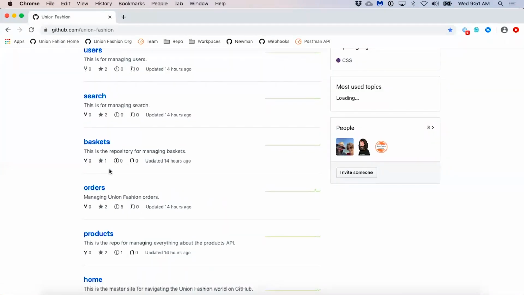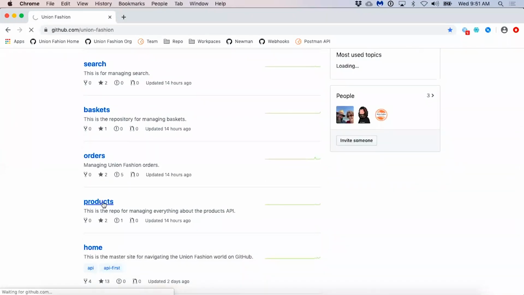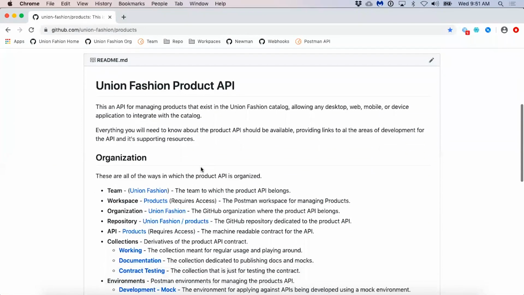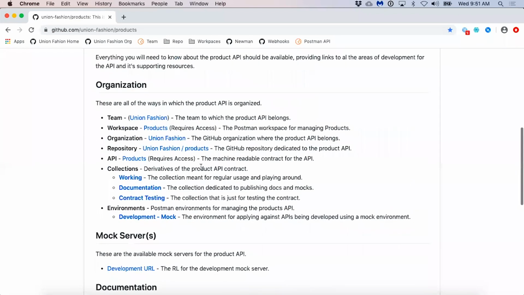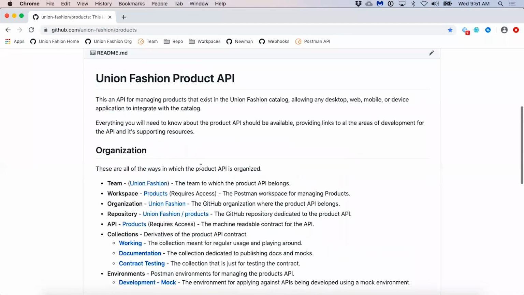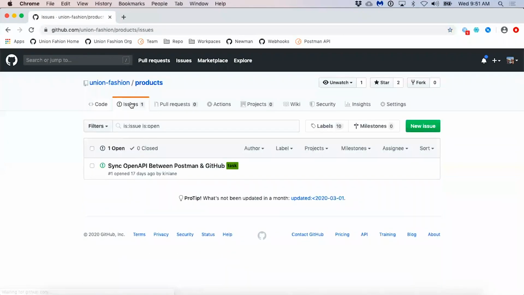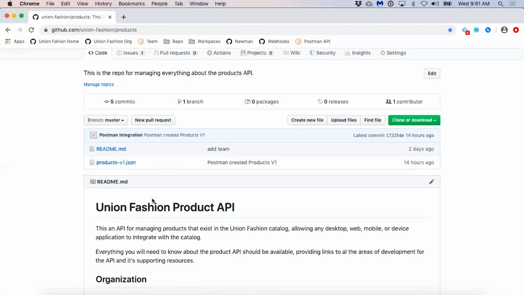But Jeff's goal is to have an individual repository for each API with an organized README that lists out all of the details for each individual API and all of the resources that can be accessed for it, while also leveraging GitHub issues for anybody else to be able to offer support, submit a ticket, and gather feedback and requirements when it comes to each individual API.